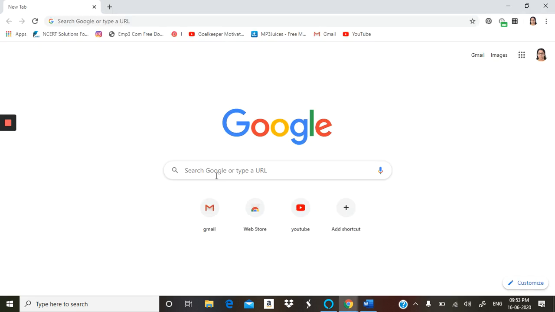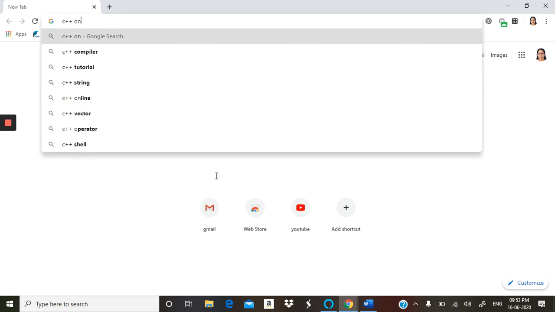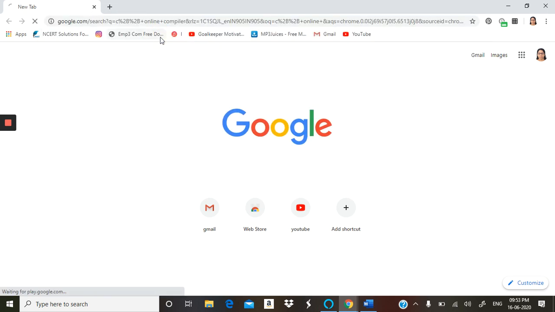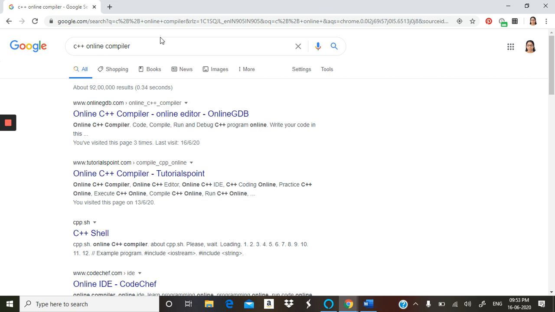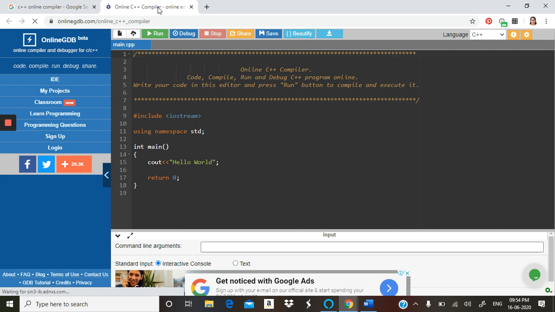Let us just search for some of the online compilers for C++. I am taking one of the online compilers, say it is online gdb.com.